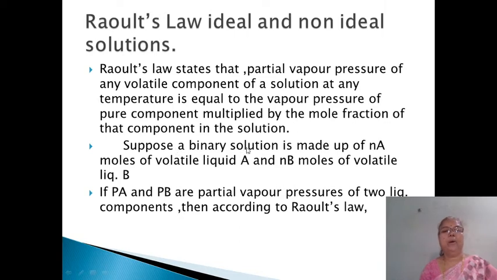Suppose we have a binary solution, and our binary solution contains liquid A and liquid B, and Na are the moles of volatile liquid A, and Nb are the moles of volatile liquid B. And if Pa and Pb are the partial vapor pressures of two liquid components, then mathematically, according to Raoult's law, we can write here